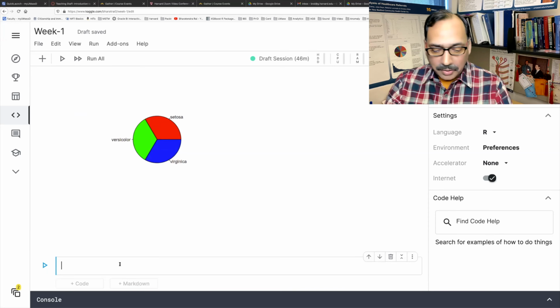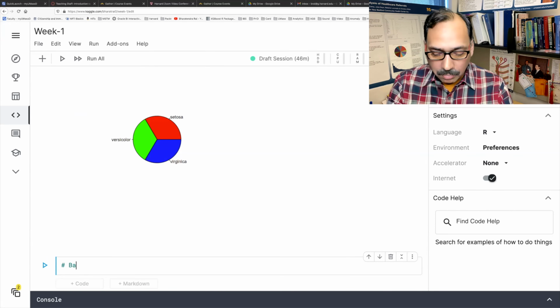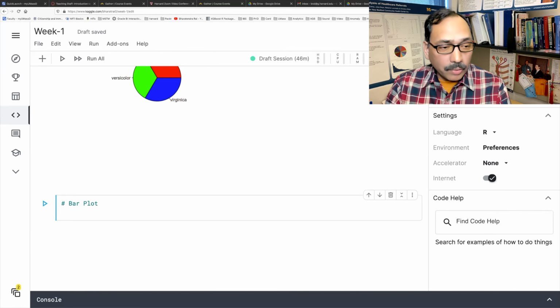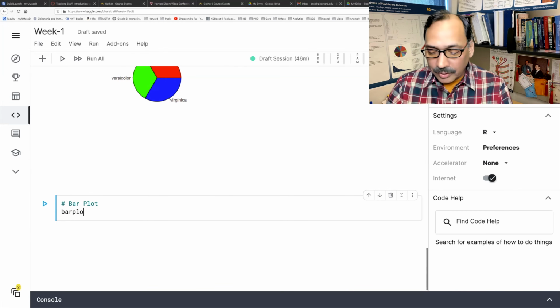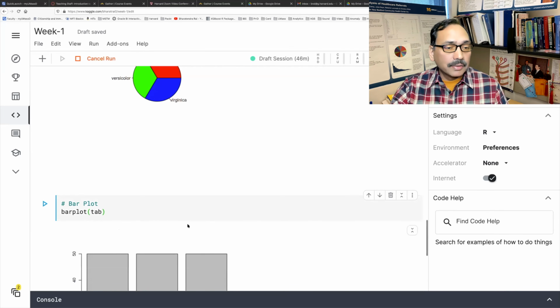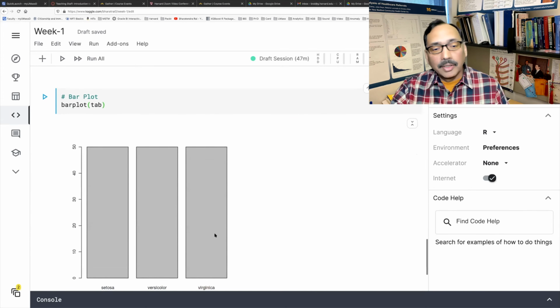So next block we'll call bar plot. By now you may know what function I will use to do a bar plot. The function name is barplot. And if you simply put tab and run, you get a bar plot.